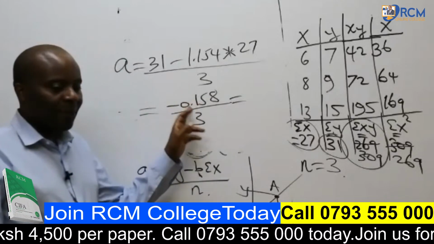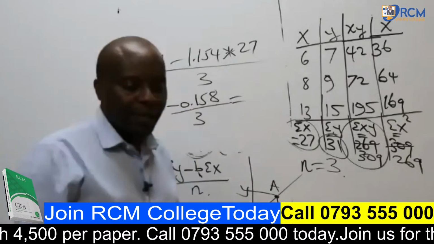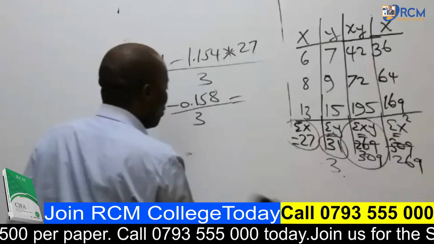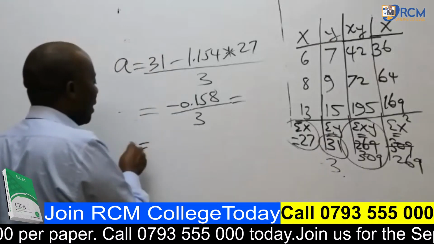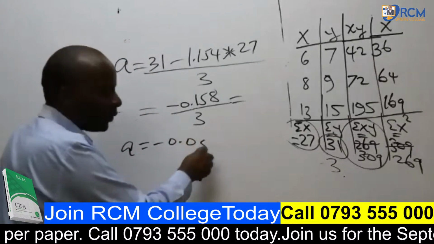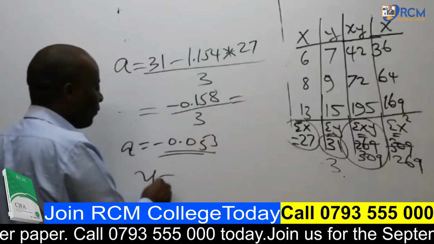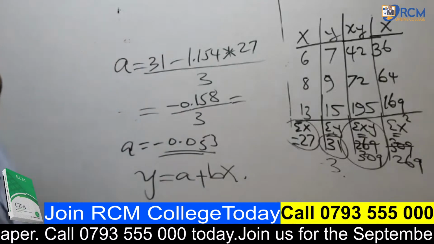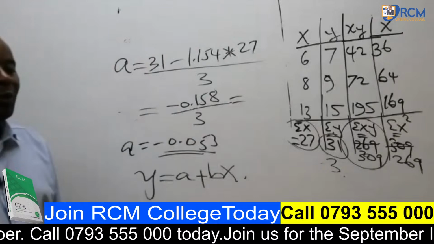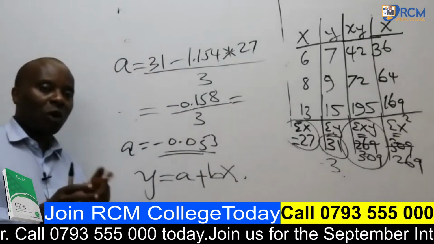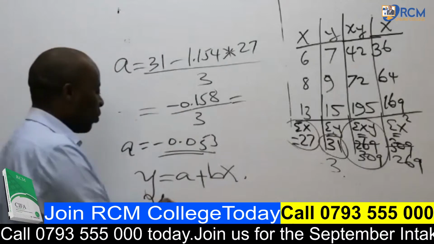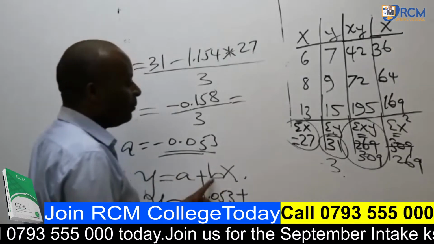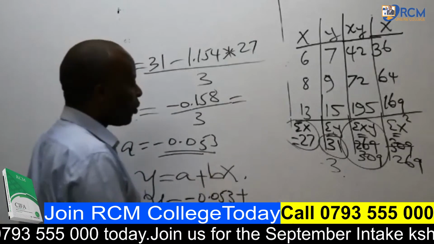So when you take this, you divide by this. According to Amaya, it is minus 0.053. These are good students. They have said that A should be negative 0.053, like that. Therefore, remember, finally, you guys have a responsibility of writing for us the formula for Y. You have the responsibility of connecting Y and X using the connectors A and B. So in that case, ladies and gentlemen, my Y here will be equal to A, which is minus 0.053, plus B, 1.154,